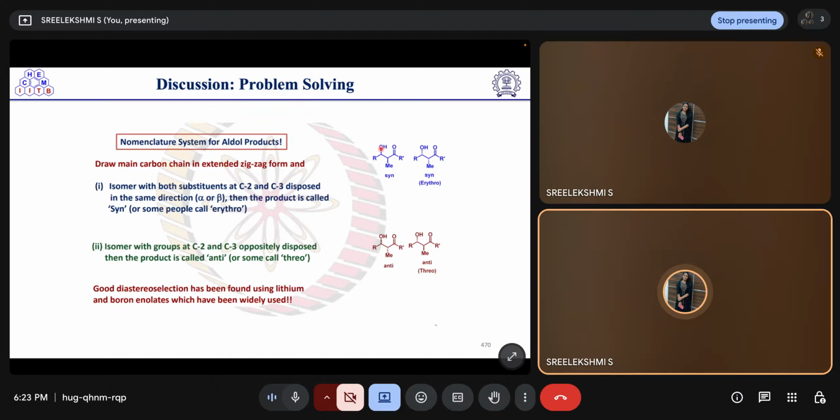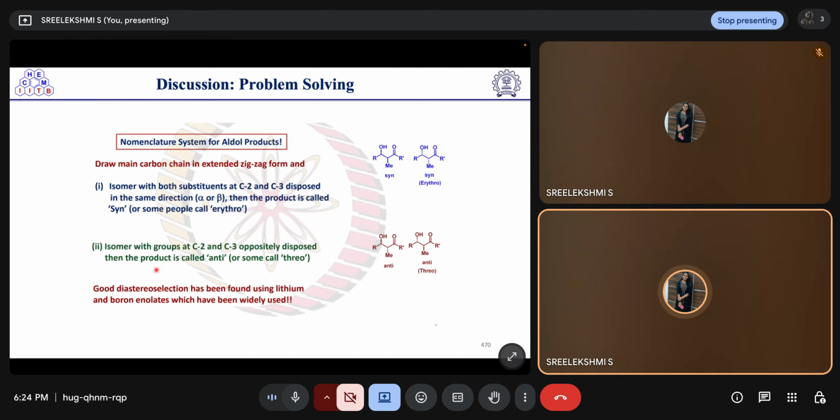The methyl group and this OH group, that is, the C2 and C3 substituents, are in the same direction, so we will call it syn, or we can call it erythro. If the C2 and C3 substituents are oppositely placed when we write in the zigzag form, we call it anti or threo. The diastereoselectivity of these aldol reactions and aldol products can be improved by using lithium